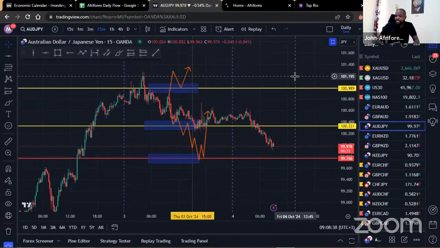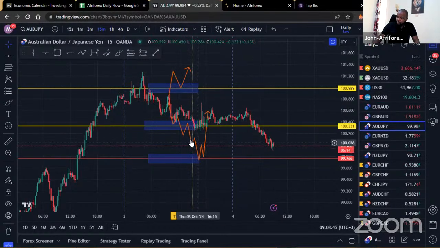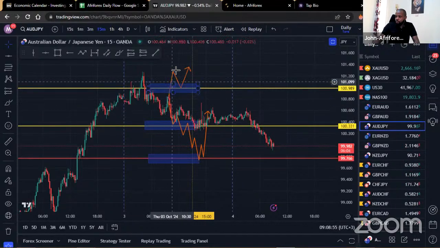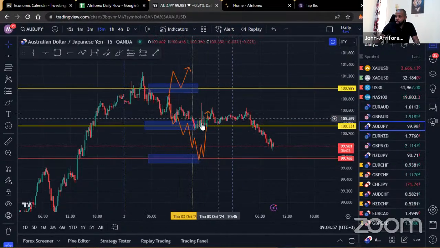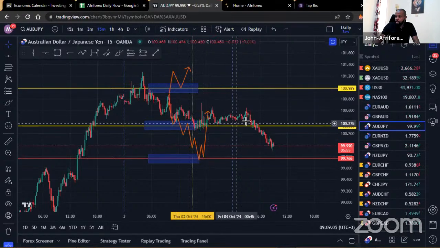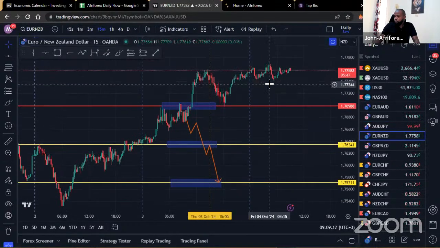So the next one is the Australian dollar against the Japanese yen. For this one, yesterday, we were trying to see whether we could have gotten some buys. You can see the 3 regions right there that Mitch had pointed out, and also illustrations of what to possibly expect before triggering the buy opportunities. Unfortunately, we couldn't get the market breaking above here to the upside, and we just couldn't get the market lifting off this region to the upside. You can see that the sellers came in, but there was no sign of any buyers, and they really struggled today during the Asian session. We have the market coming down, but it's not really something that we will be watching out for today.